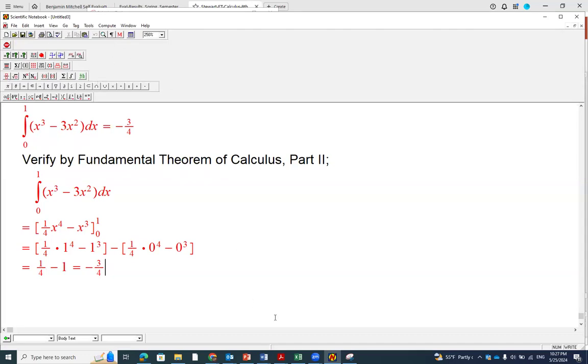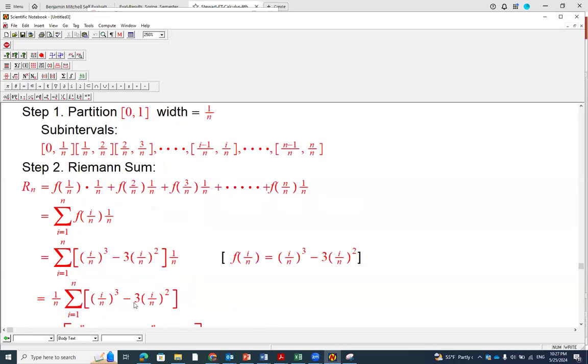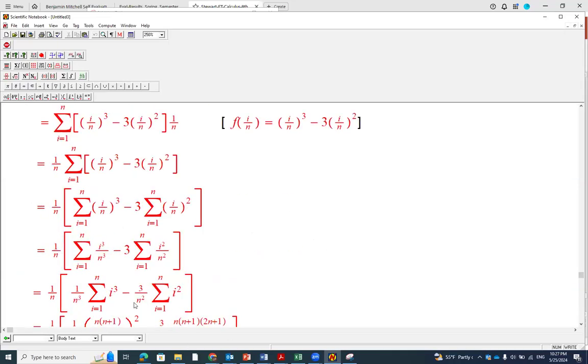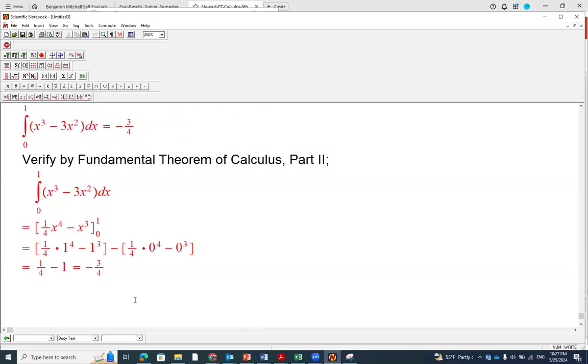Look how much work it took for us to use Riemann sum to find the area underneath the curve versus just use fundamental theorem of calculus part 2, right? Huge difference. But that Riemann sum process is also important for us to understand, and you're going to need that for Calc 2 to construct